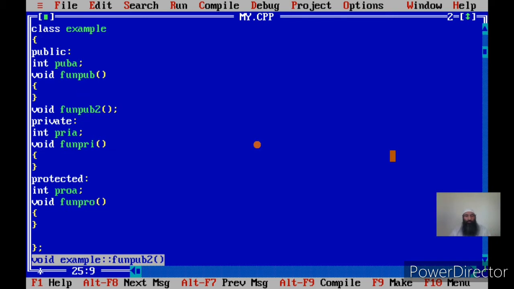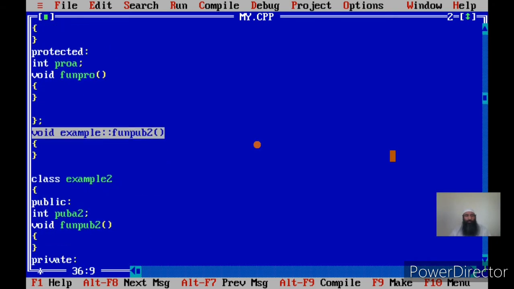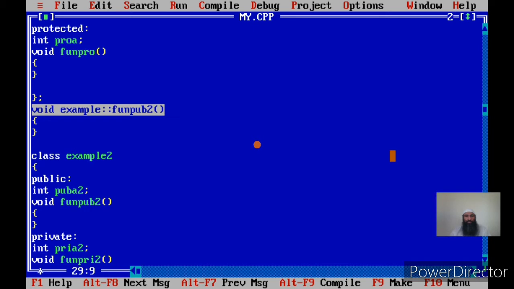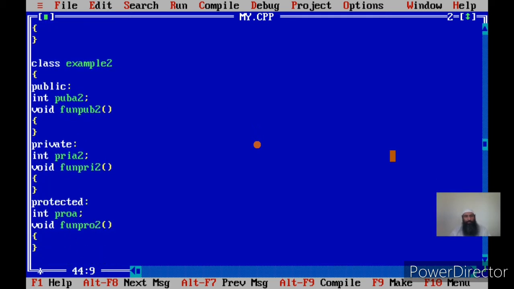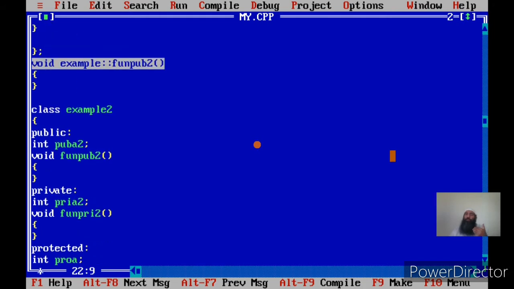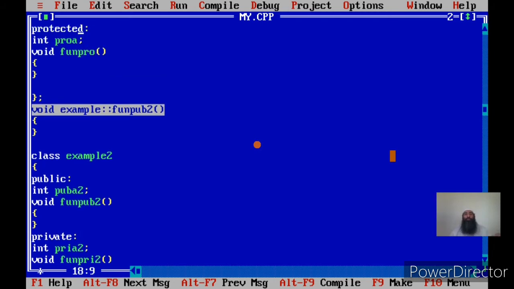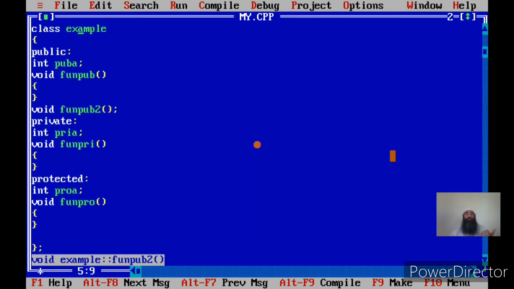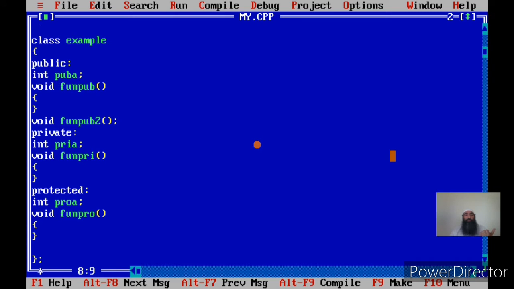Now member functions of example 2 are function pub2, function pry2 and function pro2. The member functions of the class example 2 are non-member functions for the functions of the class example.